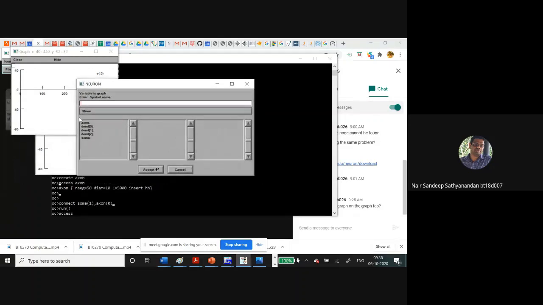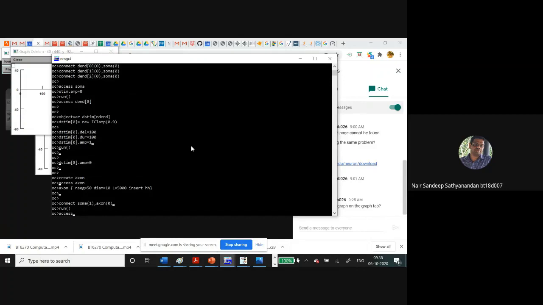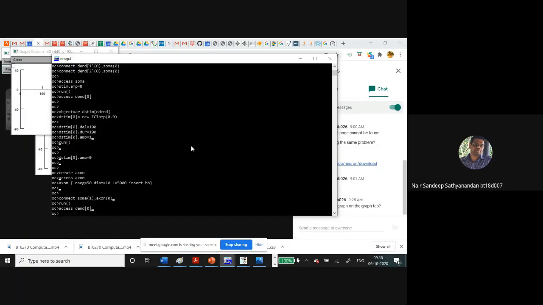So we will select a point in the axon. Okay. So we will access the dendrite right now, and then we will insert a stimulus in the dendrite.